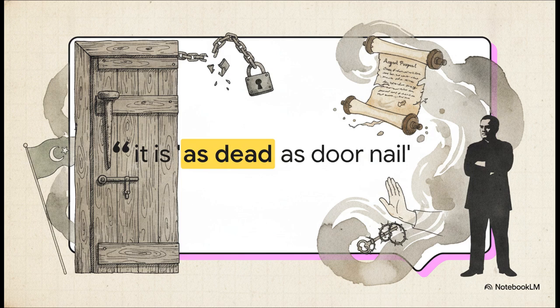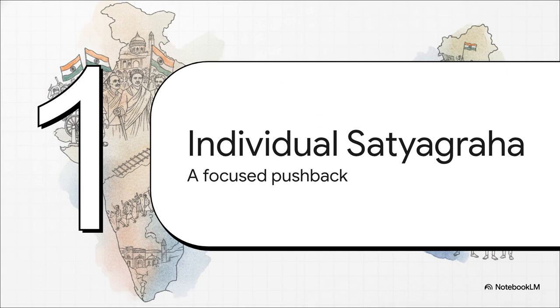Naturally, the Muslim League welcomed this veto power, seeing partition as the only viable solution. But Nehru? He bluntly rejected the proposal, famously calling it as dead as a doornail. By rejecting the August proposal so completely, Congress basically ensured the constitutional deadlock remained totally unbroken. The British offer was just seen as laden with unacceptable caveats. Which brings us to our final section, the individual Satyagraha.